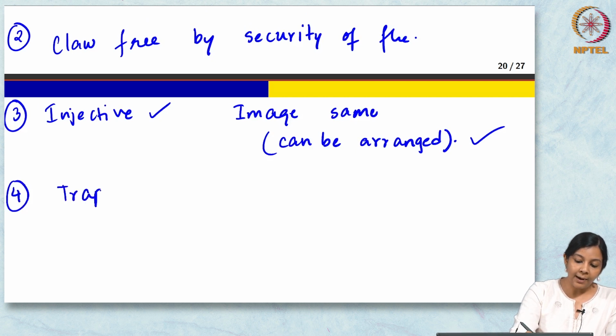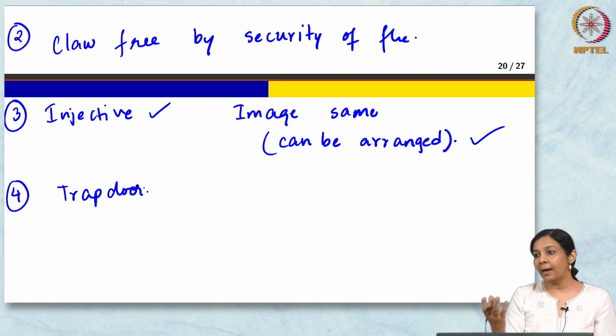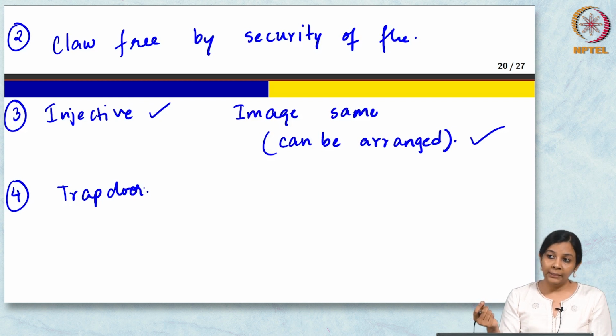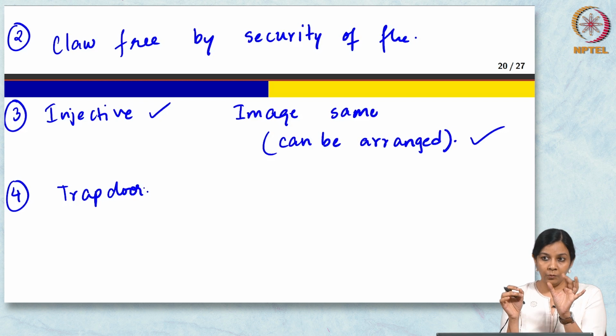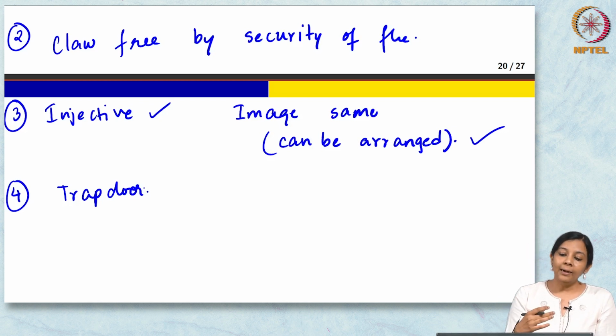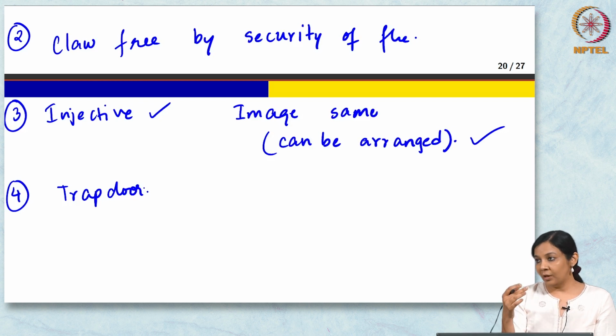I needed a trapdoor, right. So, I should have a trapdoor which lets me find the claw. Note that the FHE decryption key would not be enough, because I need to recover the whole claw, so mu and r, right. Luckily, the lattice based FHE schemes that we have support trapdoors.